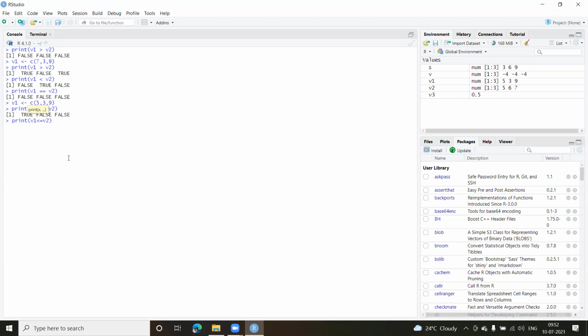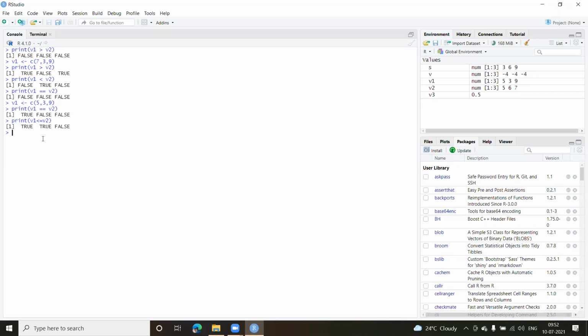Now because we do have one value which is equal, you can see this is true, and I get false here. This is equal, that's why I get true here. This is less, that's why true, but this is not true because this is greater than. So similarly, you can make use of greater than or equal to as well.